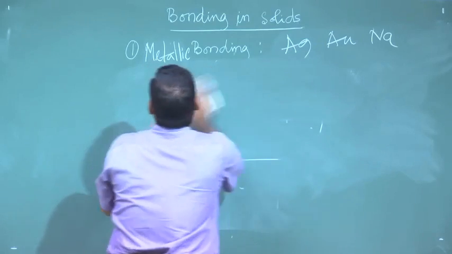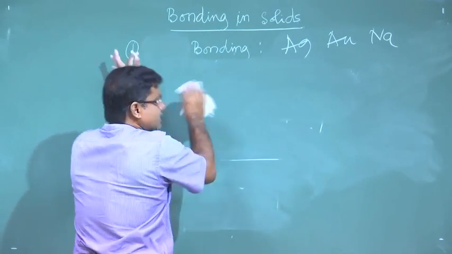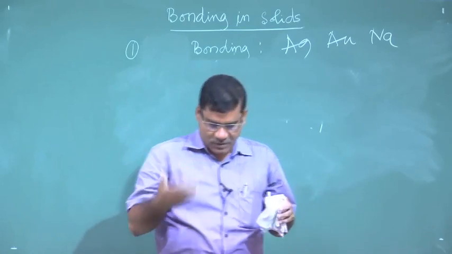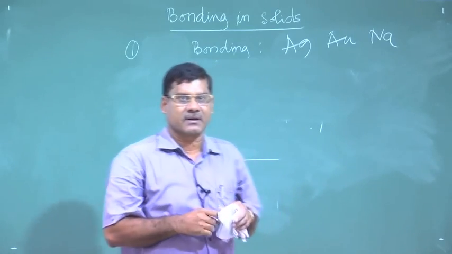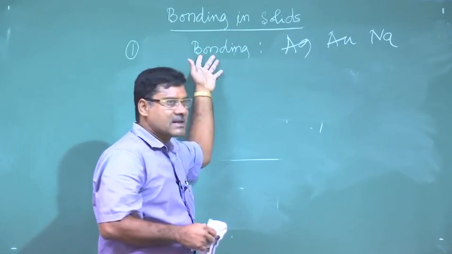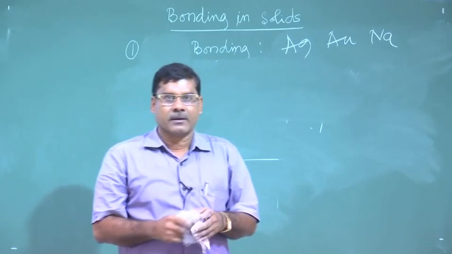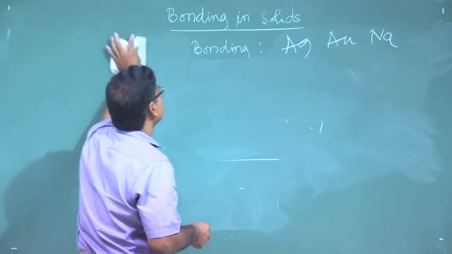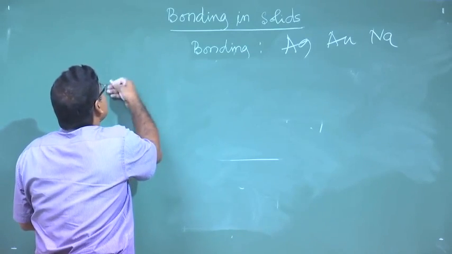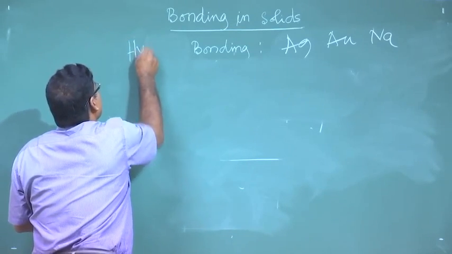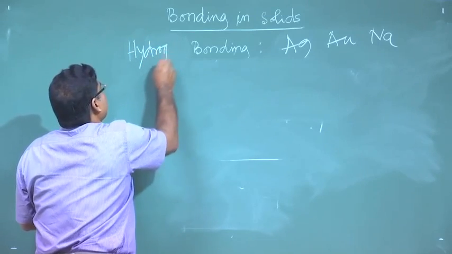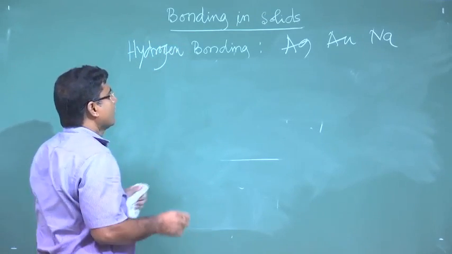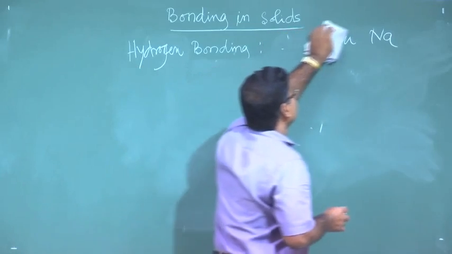So, similarly, in most of the solids we see this type of bonding. These are called primary bonding, and these other two are basically called secondary bonding. So, this is hydrogen bonding, right, hydrogen bonding. That is